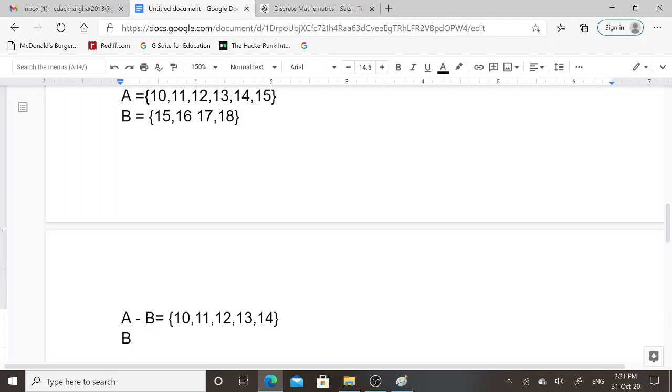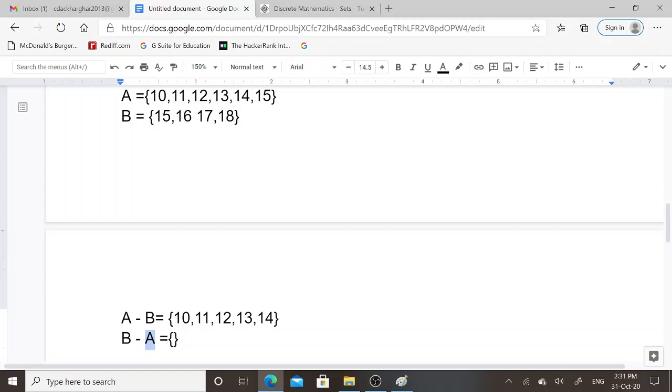Set difference of set B and set A will contain only those elements that are present in set B and not in set A. Again, in set difference, we have to skip or remove common elements.